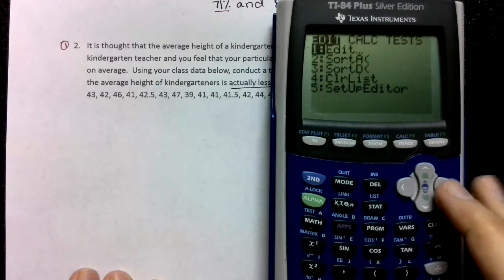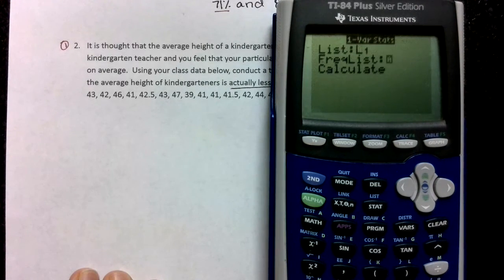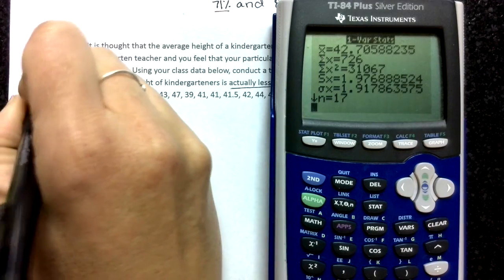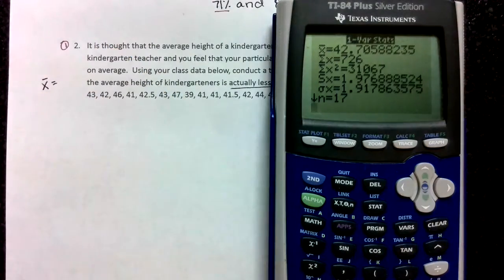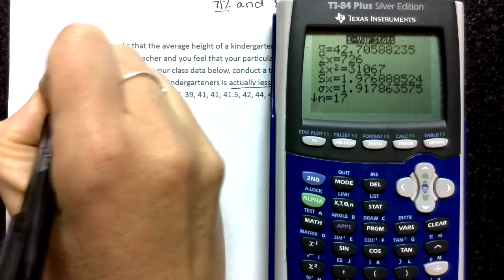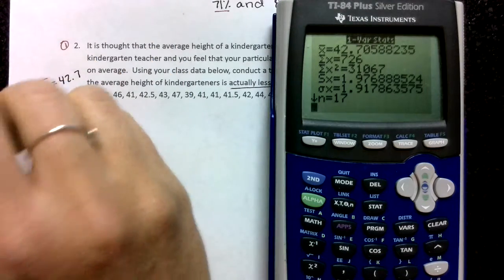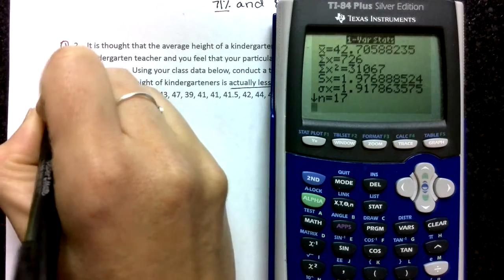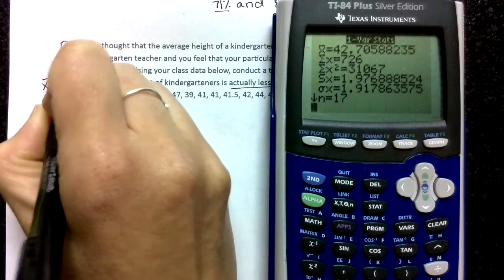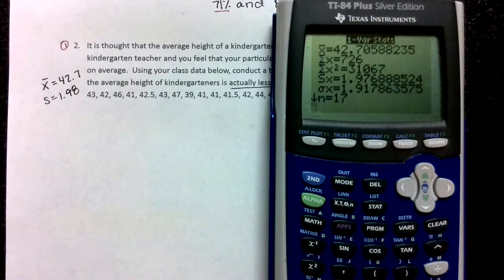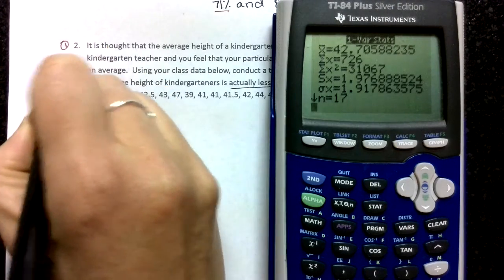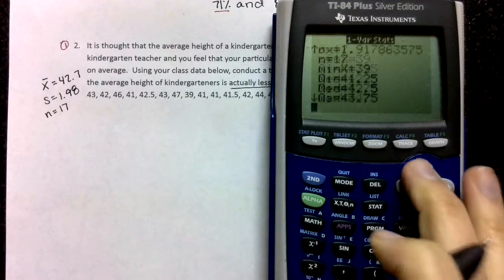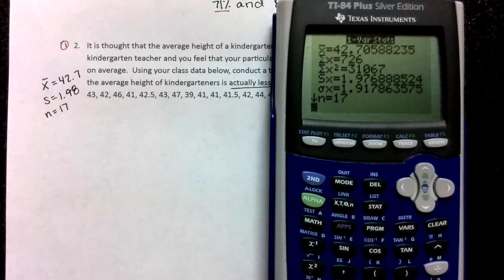So what I'm going to do now is go to stat calc, and I'm going to run one variable stats, because then this is going to give me my sample information that I need. So X bar we found was 42.7, and the sample standard deviation that we have is 1.98. Sample size was 17. So we have to get those values that we're going to need for our different formulas